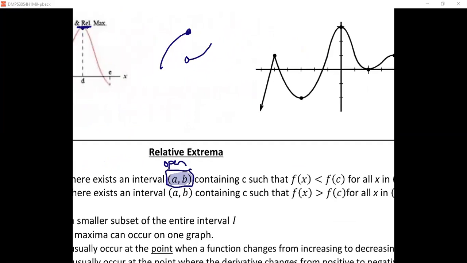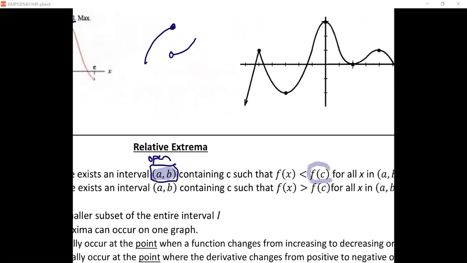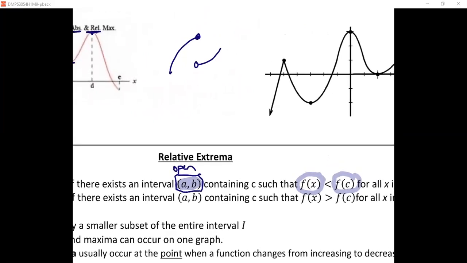Now, we have an open interval that contains a c value such that we have a relative maximum where the y value that we care about is greater than all of the surrounding y values, which kind of makes sense. And it's very similar to what we did for absolute extrema. The difference is absolute extrema included the endpoints, and it also included the case where we have a horizontal line,